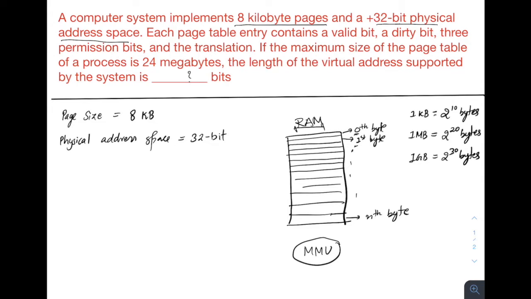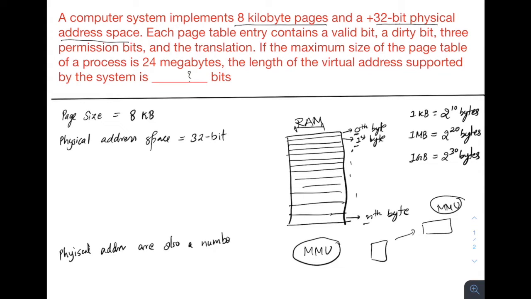Now you also need to store this number somewhere. In the CPU there is a register associated with the MMU which stores this physical address. This value, 0, 1 or n, whichever address it is, should be stored in some register, and you need some bits to store it because this is a number. All these physical addresses are also numbers.